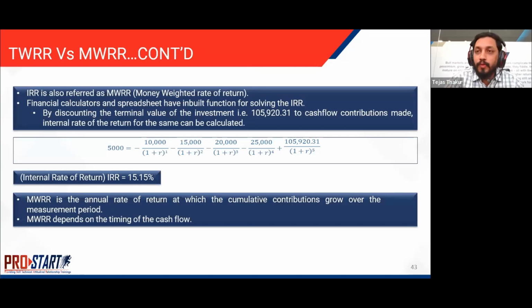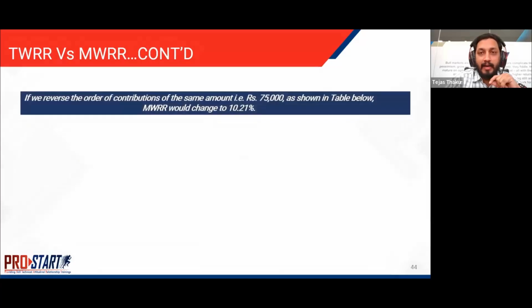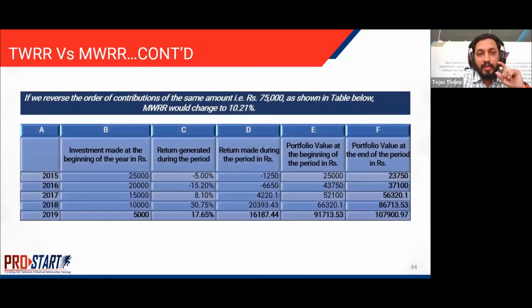And I'll just prove it to you with another example. Keeping the same rate of returns for those 5-year periods and just interchanging the inflows that would have been received in those 5 years. If we reverse the inflows, the total contribution of the investor remains at 75,000 rupees. If you see, the yearly returns also remain the same. However, the final value changes from what was 1,09,000 odd to 1,07,900 rupees,